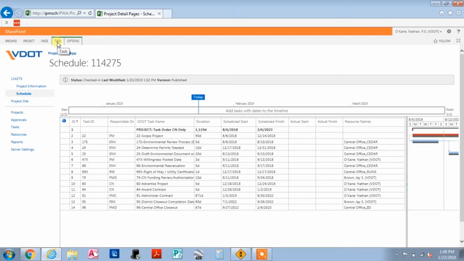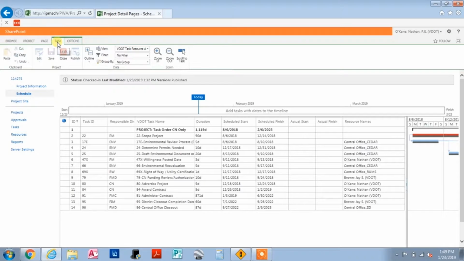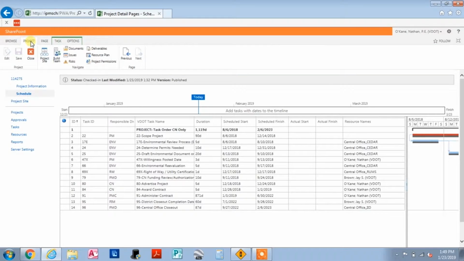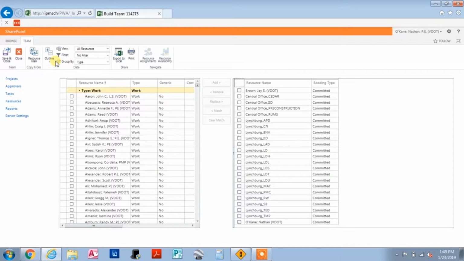Once you open this project up, you will see the schedule for this project. You then want to go to the top and select Project. Once you select Project, you will then select Build Team. After you select Build Team, you then have the option to add anybody in the state as a team member